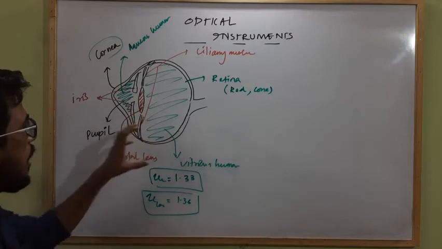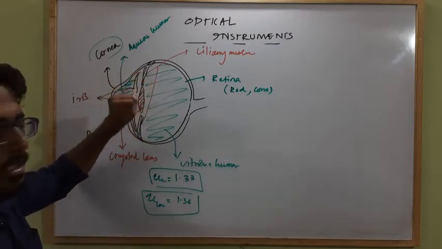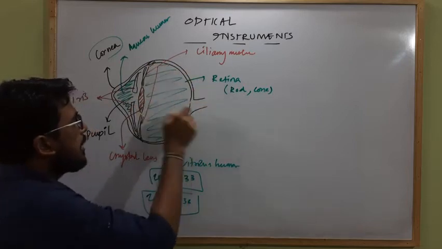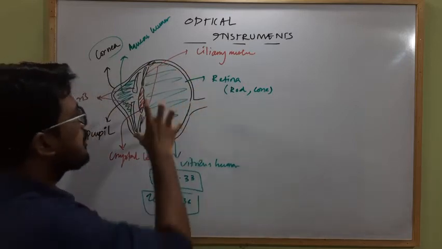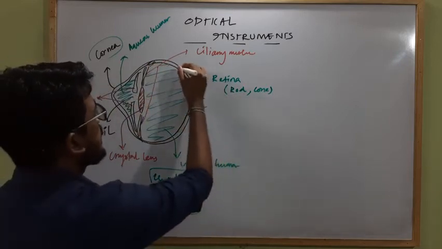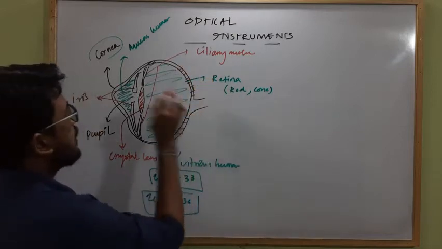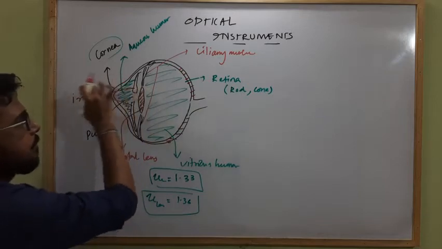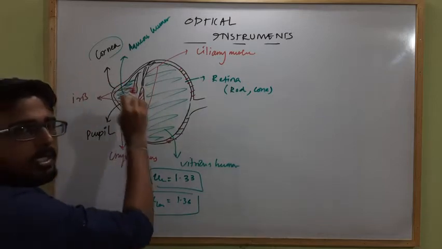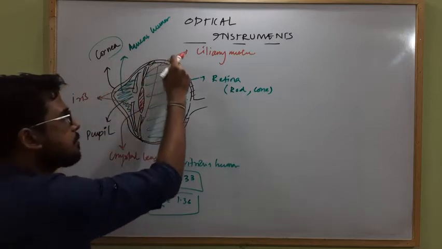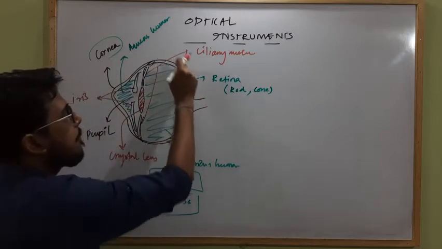Clear? So this is how the human eye acts. But in the case of the human eye, the image should be formed on the retina to get the vision of it. If there is an object placed in front of the human eye, we can only see its image if the image of the object is formed on the retina.